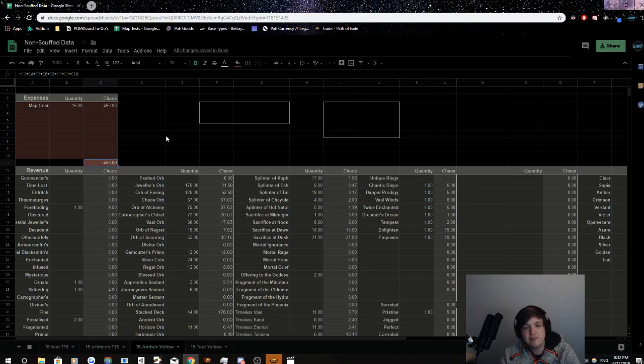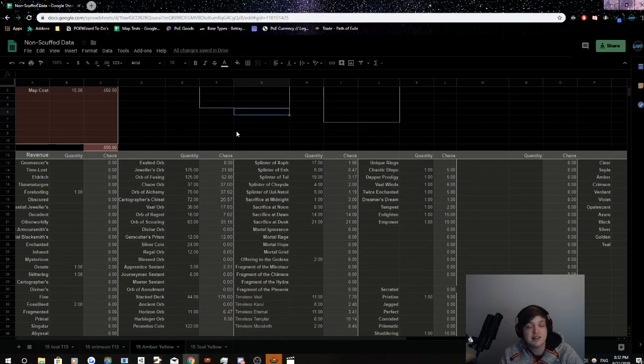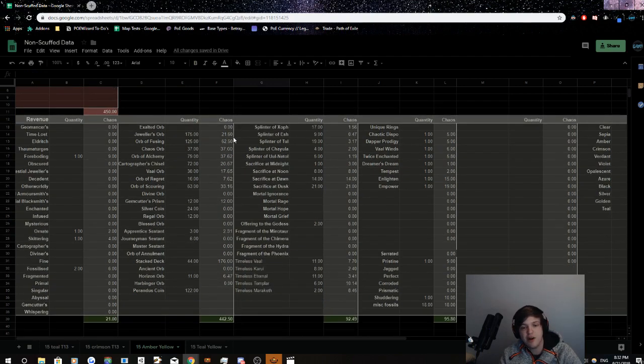So 450C buy-in, not too bad. Nothing like Legion was in terms of emblem farming. So to begin with here, obviously we have our usual breakdown here. I'm not going to go too much into detail, but I'm going to pick on a few things